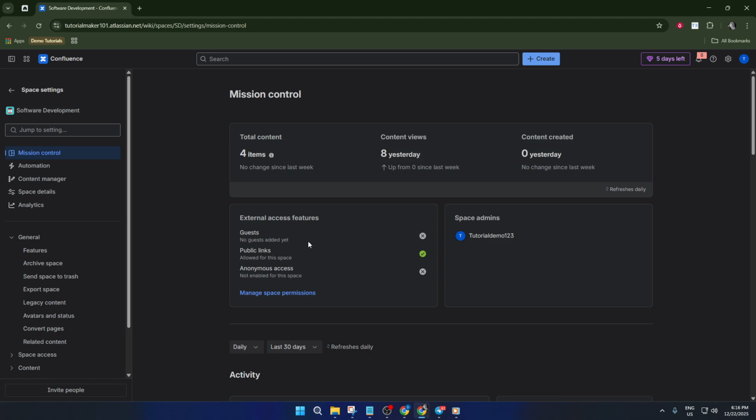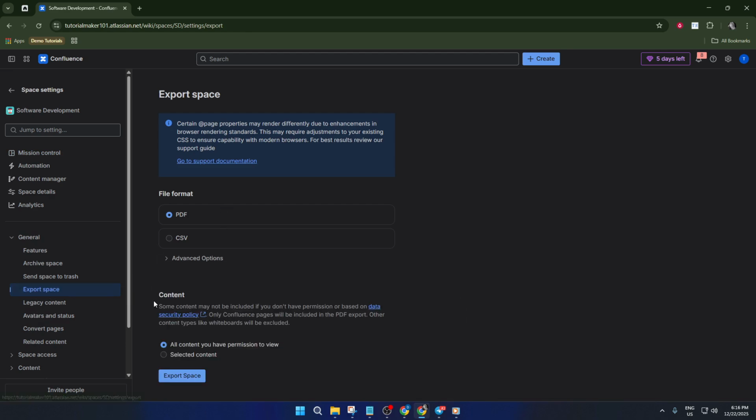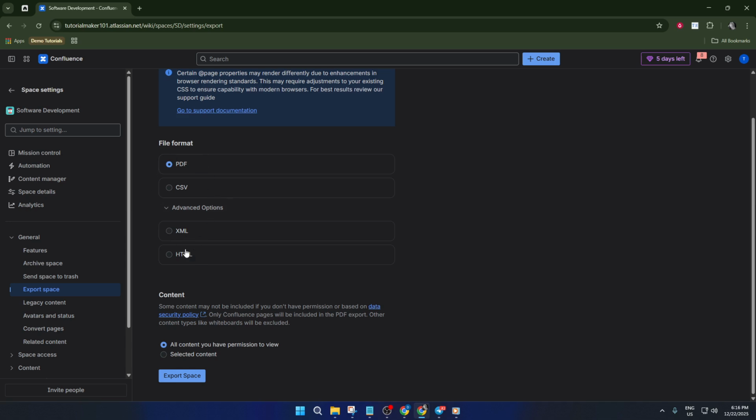Once you've opened Space Settings, look for a menu that mentions General or Content Tools. Depending on your version, the names might be slightly different. Find Export Space in that menu. This export function is key because it lets you create a snapshot of all your pages and content, almost like zipping up a digital suitcase. If you're struggling to locate it, don't worry, sometimes these options are tucked away, so just take a moment to